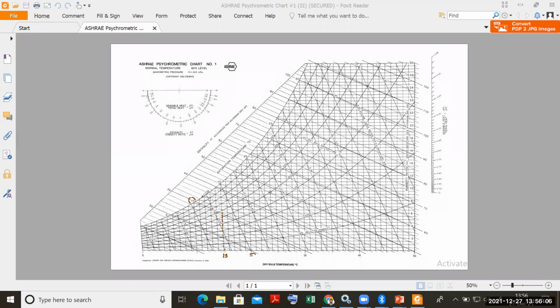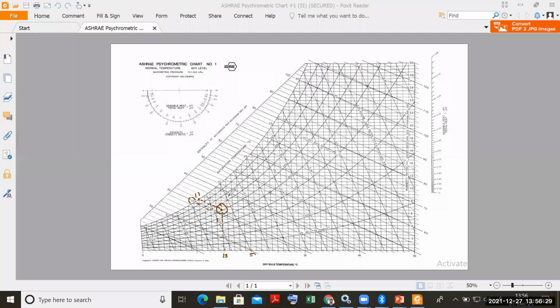And I have to search for the next, 11. So how to find 11? I have to search for this inclined WBT line. So this is the first line. Next line lies here, right? So this is the next line here. So this is the 11. I have to follow this constant WBT line. It will come here, wherever these 2 lines intersect. So this will be my point number 1.